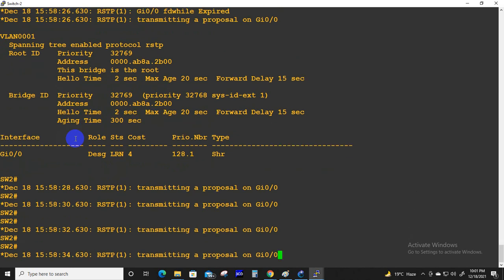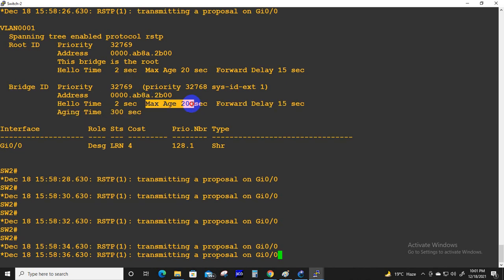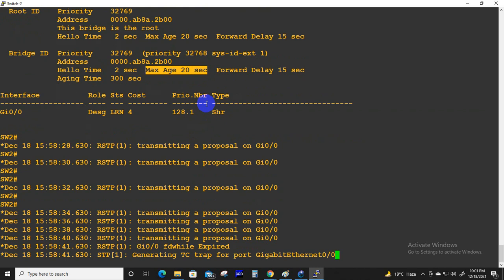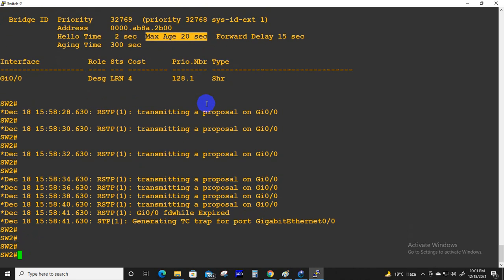ওকে, কিন্তু স্যার এখানে ম্যাক্স এজ এখনো 20 সেকেন্ড। Yeah, it will show max age 20 seconds. But it will not work. I will show in the next class in case of topology change. Clear? ইয়েস স্যার।